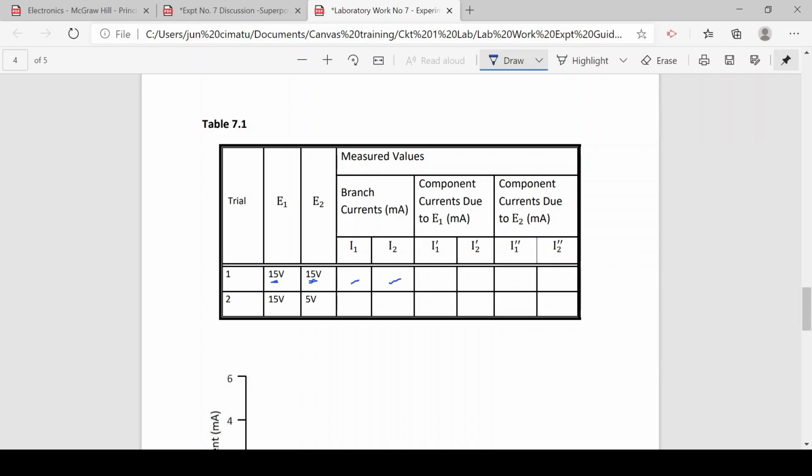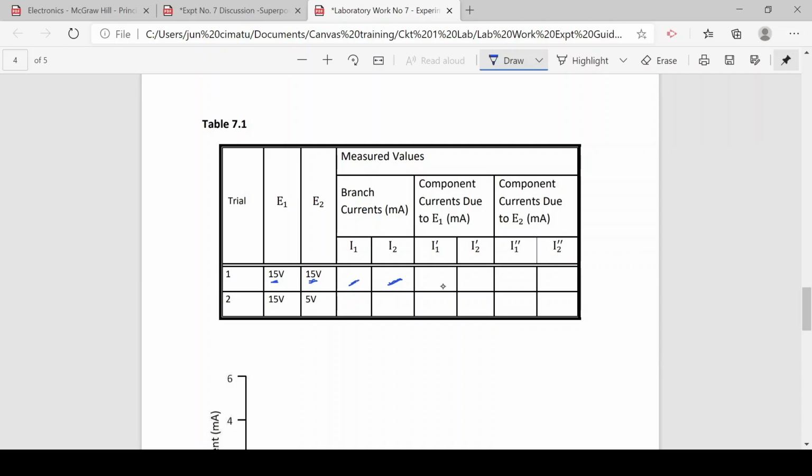So our concern here is the current in R1 and R2, simply because the current in R3 can be determined by simply summing up I1 and I2. So after recording I sub 1 and I sub 2, as the circuit is run in the Multisim software,